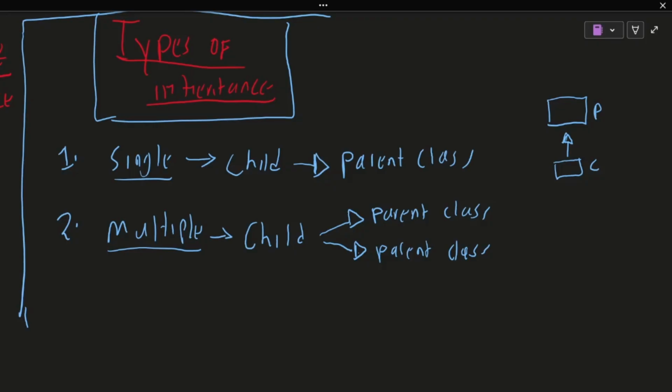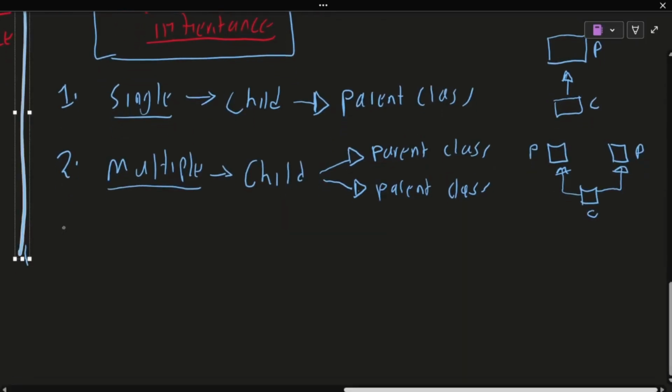So two going up. To draw this kind of situation, we say something similar to this. This is a class inheriting its attributes. So a child, this is a parent, that is a parent. From there, we shift to